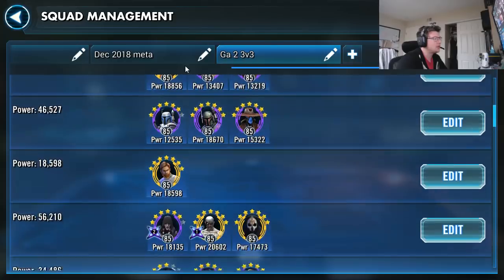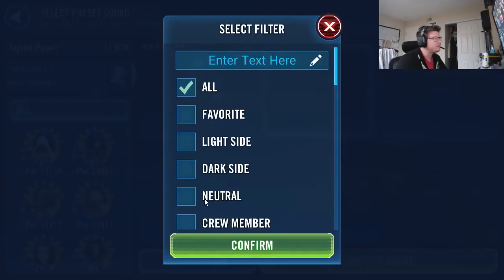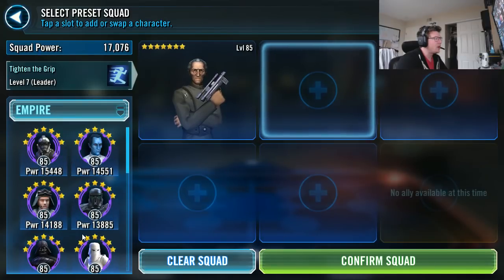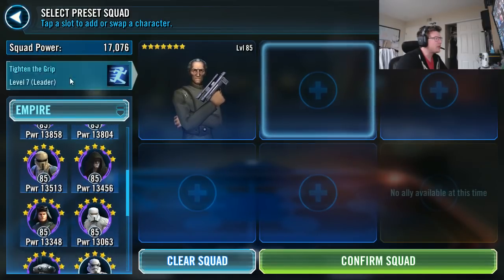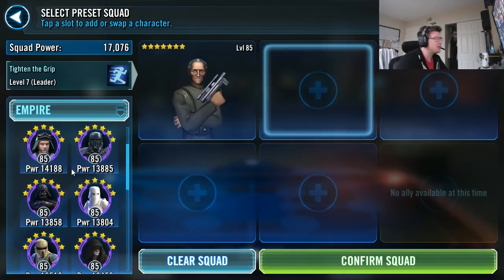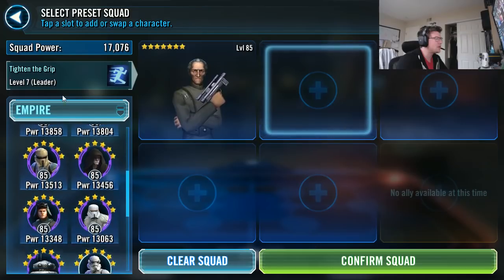I think that the turn meter generation, yeah, there are a lot of tips and tricks that we're trying to pull out to make this kind of work and peel together. So your Empire is getting broken up pretty severely. Tarkin gives defense down whenever they drop below 100% health, and a bunch of speed. We're running Vader leads, we can run Thrawn leads, but it really comes down to